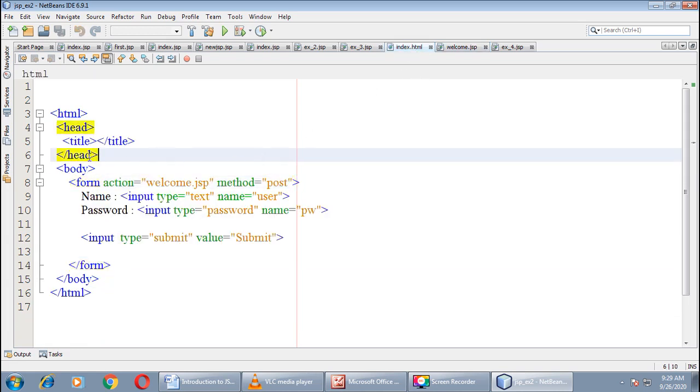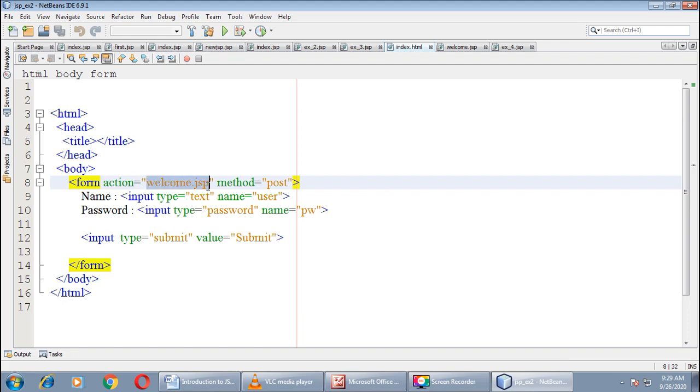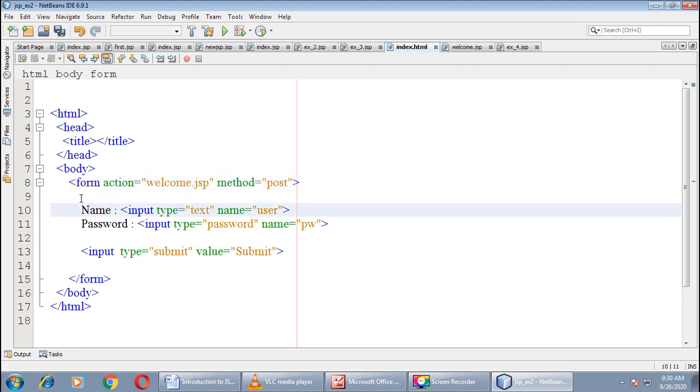Here what we have done: HTML, head tag, title tag, then body tag begin, form tag I have taken, then set the action welcome.jsp. On the click of this button, I want to execute this file, right? Here I have set the method to post. Then I have provided two text boxes. First one is name, which will accept the username from the browser machine.